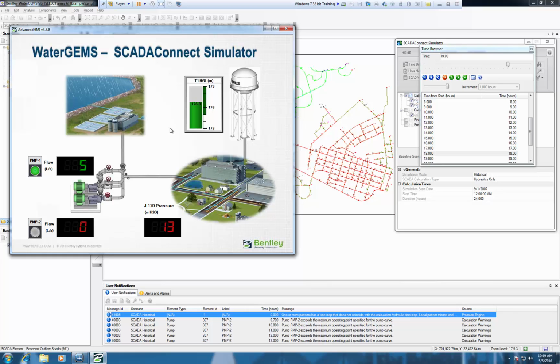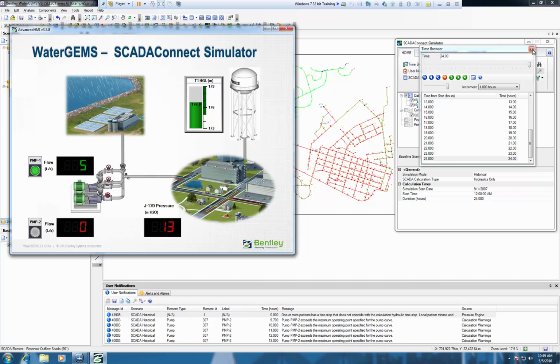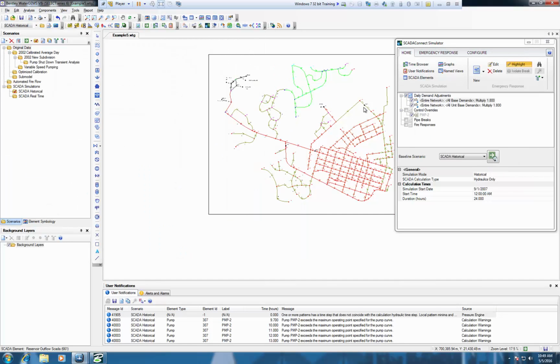And now what we're going to do is run through a maintenance type scenario, or maybe even a pump issue. So what we're going to do is use a control override to turn that pump off and then see what happens throughout our system. So instead of having to change controls and different things within our actual model in the components menu there, what we can do is from within the simulator